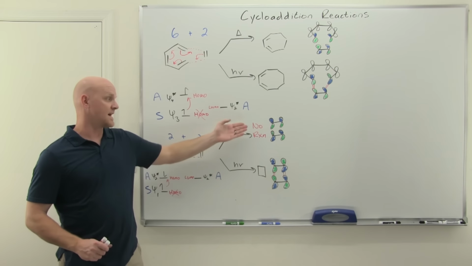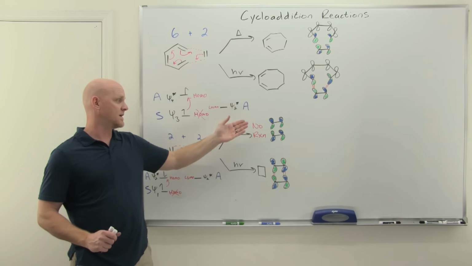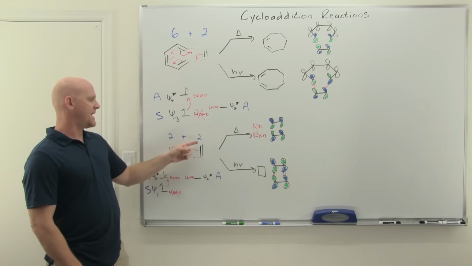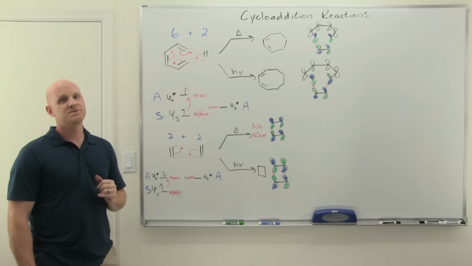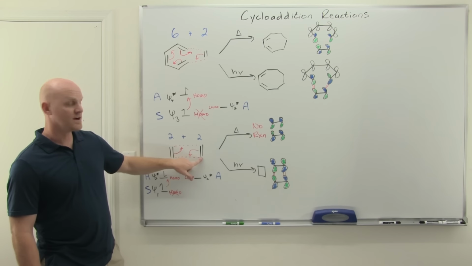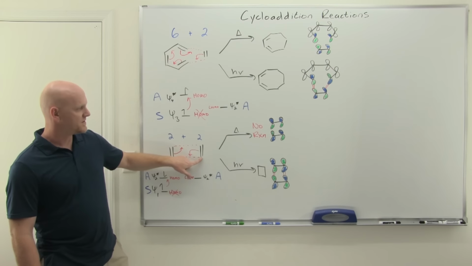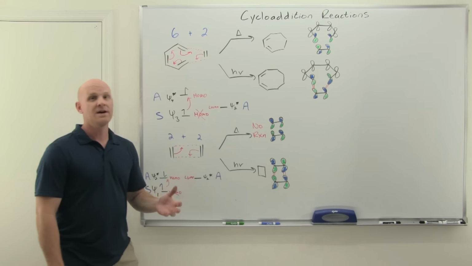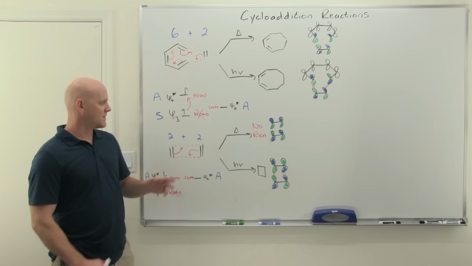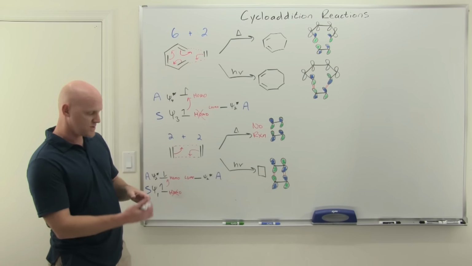Well, again, in this case, I have a dead way because in one instance, it would not happen at all. The other would happen. But outside of that, if I had a couple of different substituents on here, like let's say I had 2 cyano groups here on the one ethylene that were cis to each other. Well, in this case, we see it's suprafacial-suprafacial, just like Diels-Alder is normally suprafacial-suprafacial. So in that case, you know that 2 groups that are cis to each other would end up cis